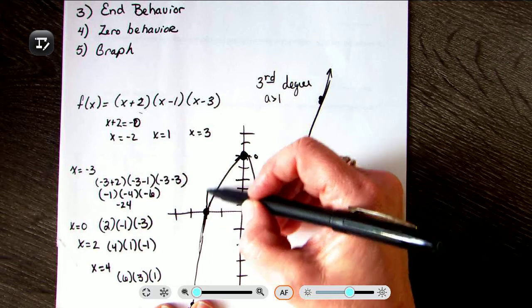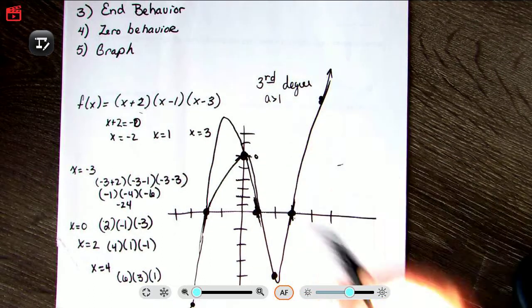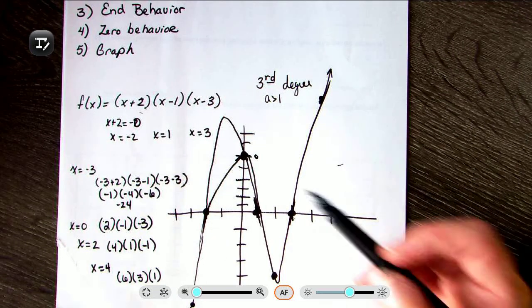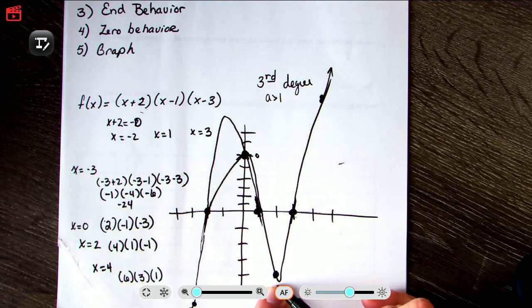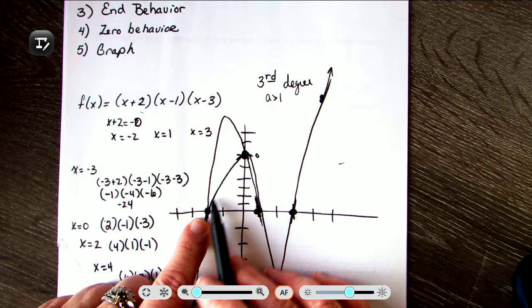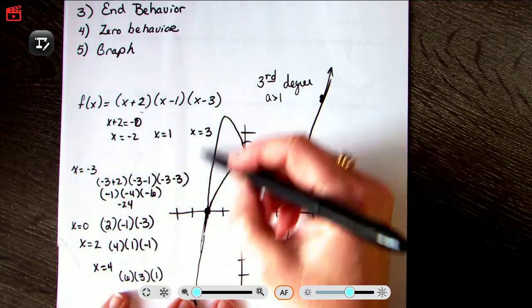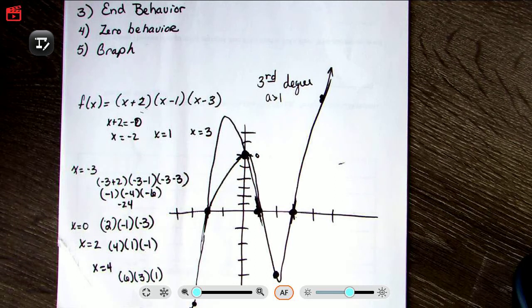It might have actually done something like this and then started coming back down, which probably is more reasonable. This might have been the smallest spot, but I know that it's got to hit those points. If you wanted more details, we could plot more points. Right now, we're just going to be concentrating on the zeros, the end behavior, and getting a few points in between those. So rough